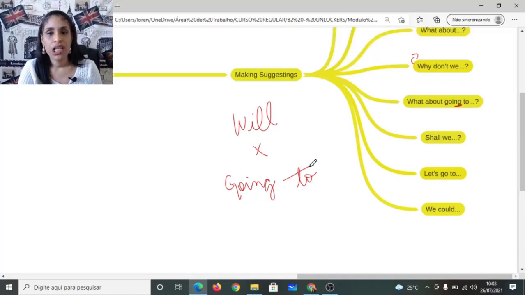Okay? So, in Portuguese, we do have a gente tem essa diferença entre will e going to, gramaticalmente falando, mas quando você percebe um nativo falando, você vê que há uma naturalidade na fala. Eles não têm aquele pensamento, não vão parar para pensar, vou usar will or going to. Porque no frigir dos ovos é uma coisa, significa a mesma coisa, a ideia é a mesma. Então você vai decidir o que fica mais natural para você.